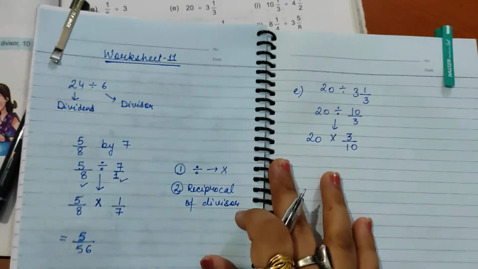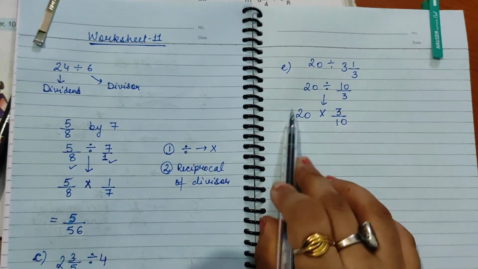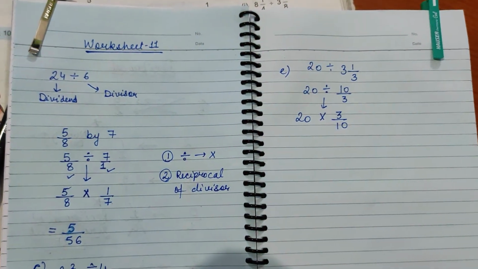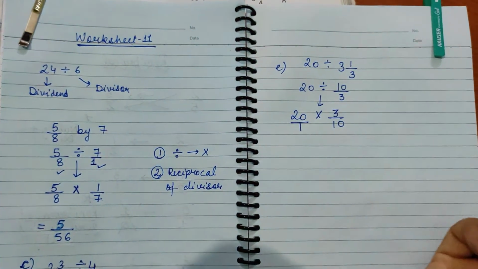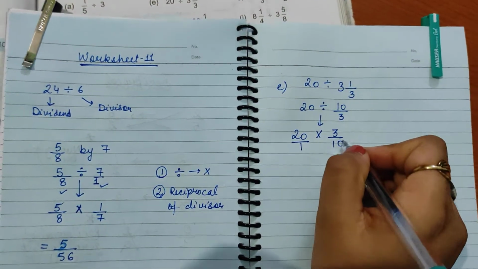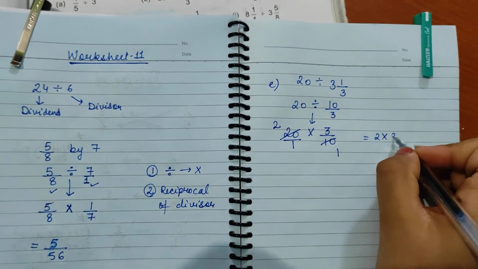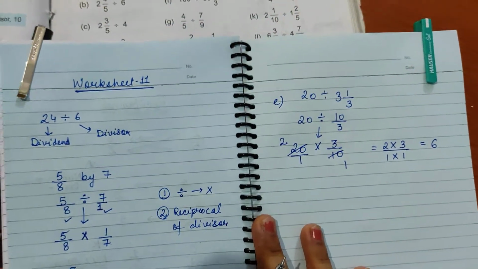Some students make a mistake. They see 20 here and they automatically change this number into the reciprocal. But we always have to change the divisor. We can never change the dividend. Now there is no denominator, so I have put 1 here. They are coming into the same table. 10 ones are 10, 10 twos are 20. What is left in the numerator? 2 and 3, and denominator 1 and 1. So my answer is 2 3s are 6.